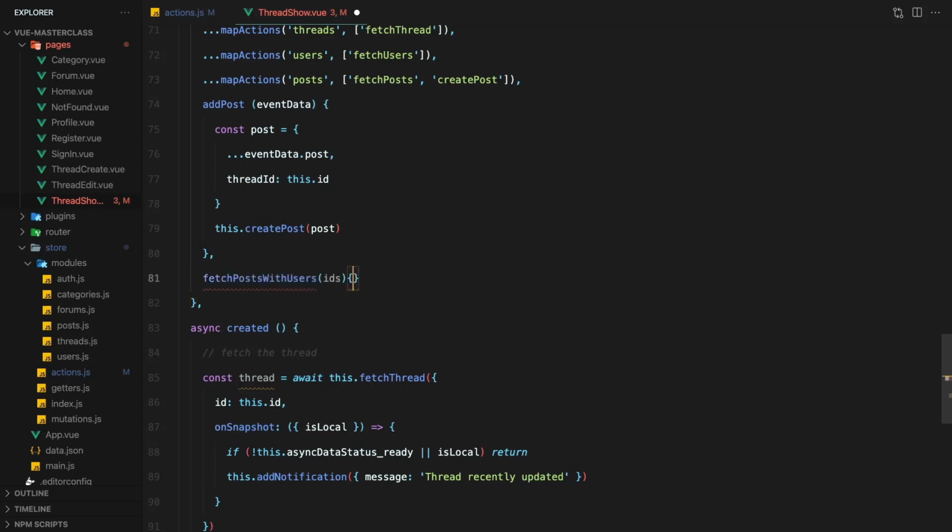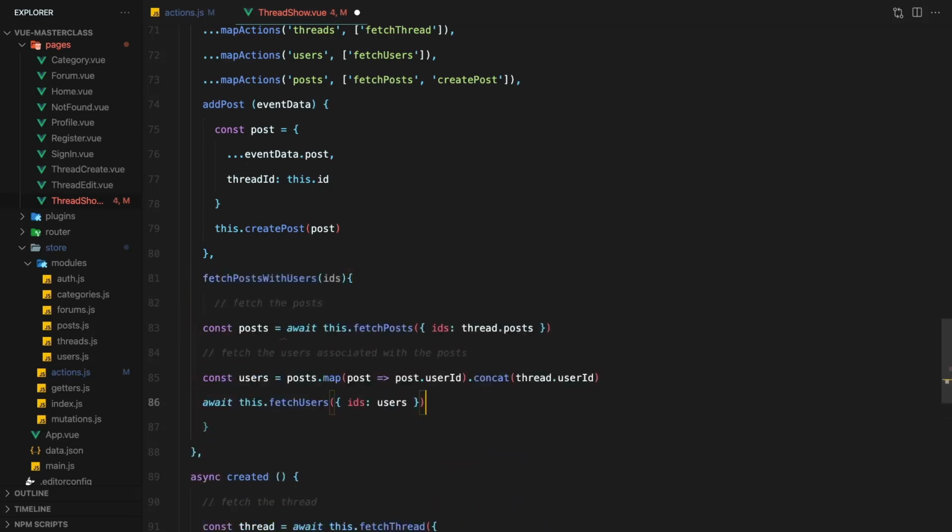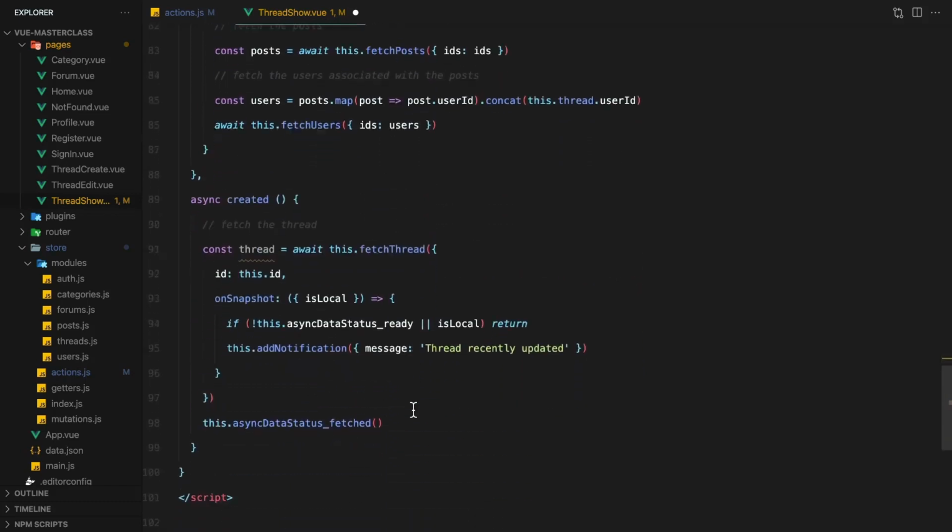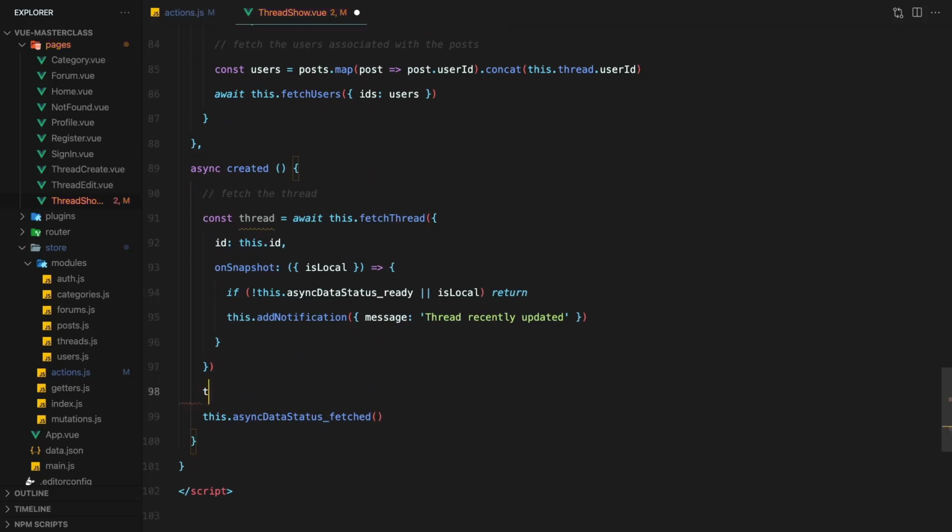I'll copy and paste it from created and change out a couple things. I'll make the function async, get the IDs from the ids parameter, and reference the thread via the computed property. Then we'll replace what was in created before with the call to this method.